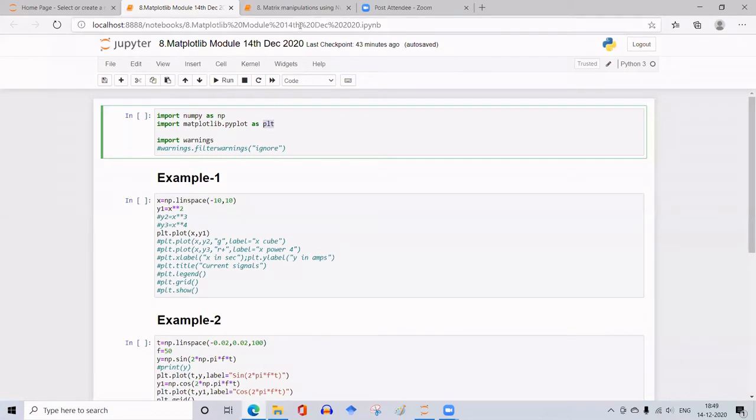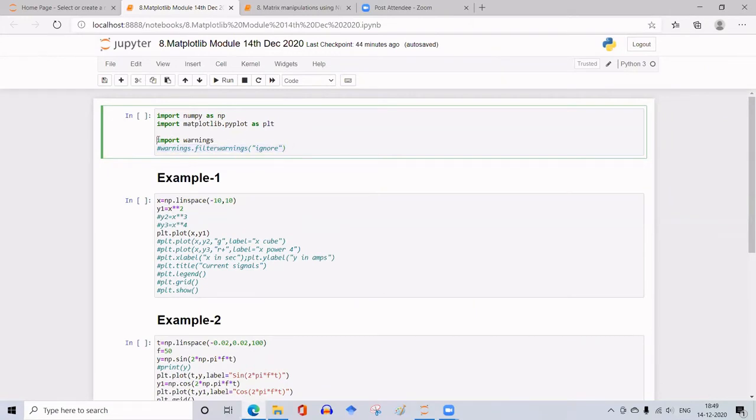Just like we used np for the NumPy module, whenever we want to use matplotlib pyplot functions, just put plt dot and then whatever is available with it. So here you don't worry about this last line. I'll explain when we start with the example.